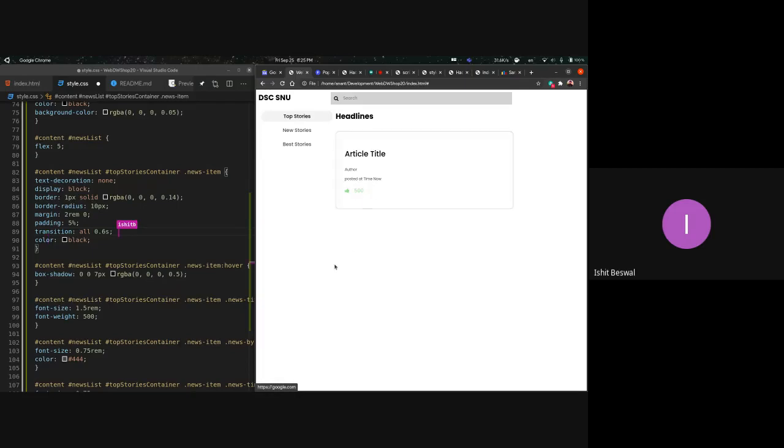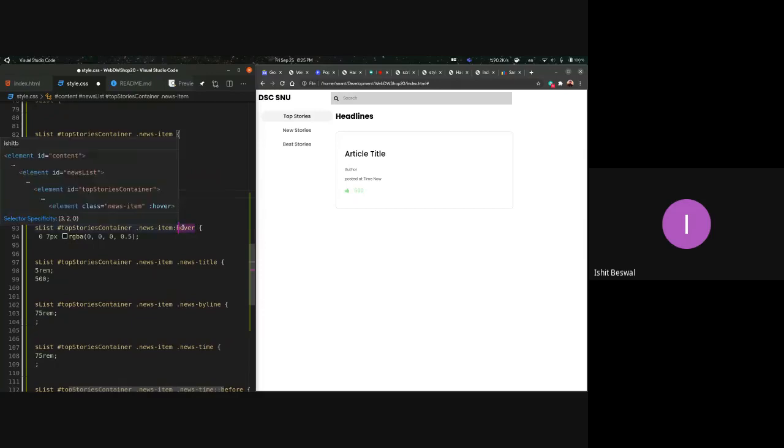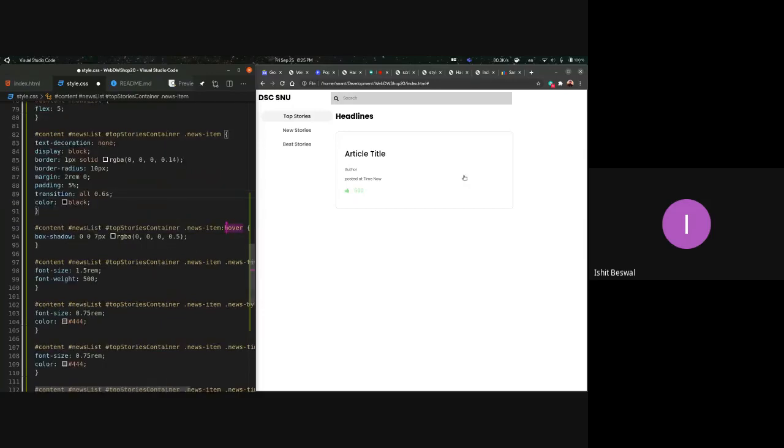So coming back to transition, Anant explained about the hover pseudo selector, that the styling gets activated when we hover over an element. You might notice that when we hover over any of the anchor tags in the aside section, the styling gets snapped. So basically there is no smooth animation between them.